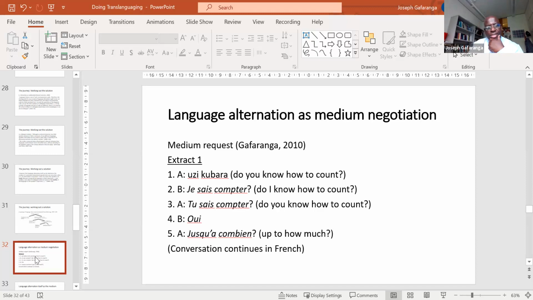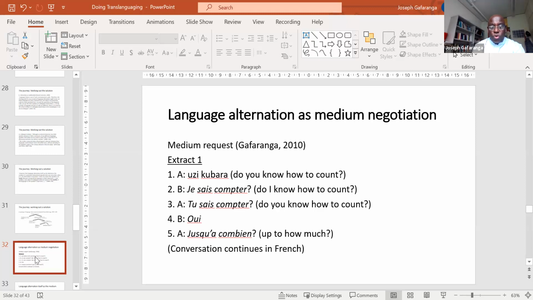So in this particular case, it's a bilingual family in Belgium. You have a visitor A, and you have a child B, and the mother is present, but she's not involved in this particular episode, and so she's not mentioned. So the visitor tries to engage the child in conversation and says,